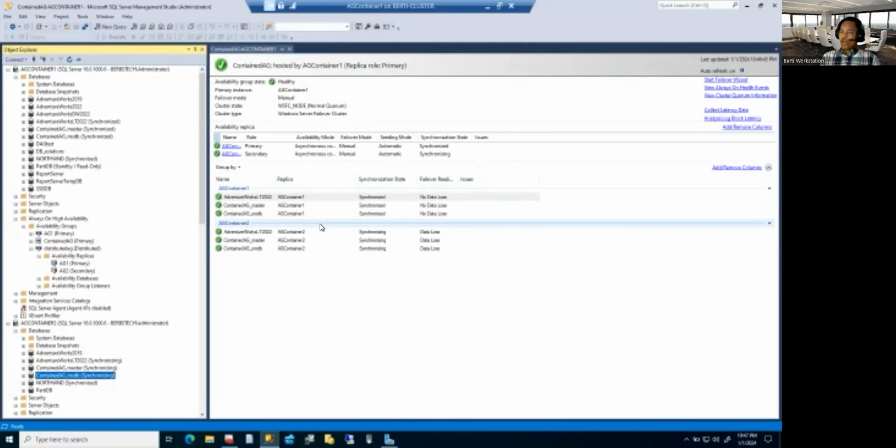Now, when the content database is created, any login that you create on your external server will not automatically be able to access the databases or your content database, right? It will not be able to do that automatically. And any login that you create within the content database, from that moment going forward, will be able to access your content